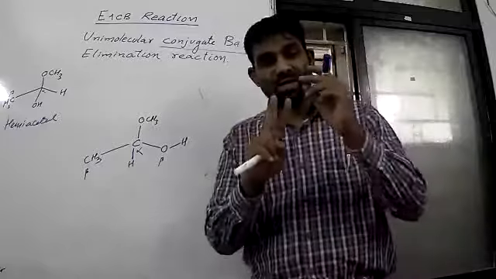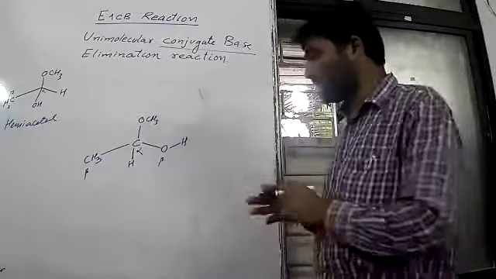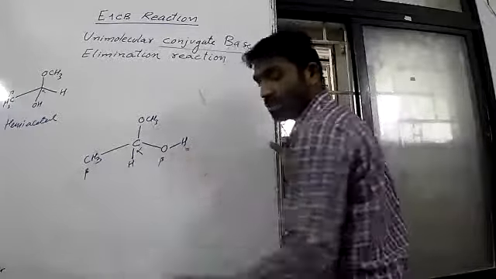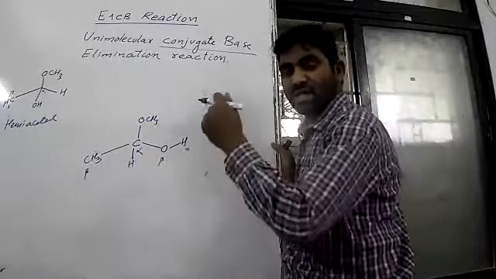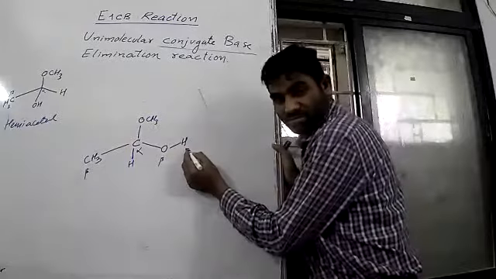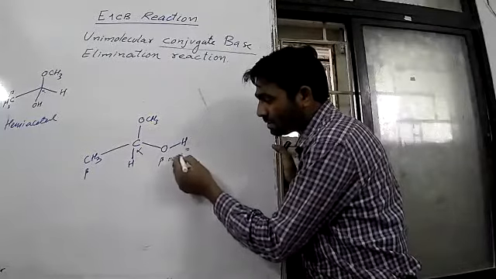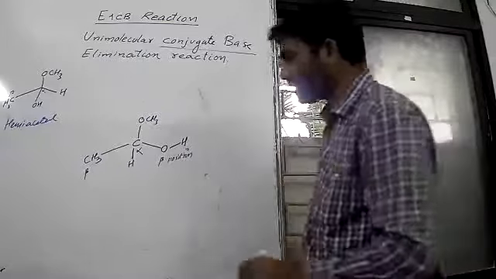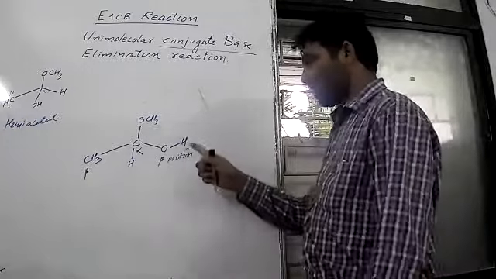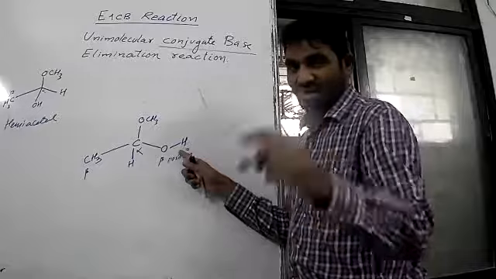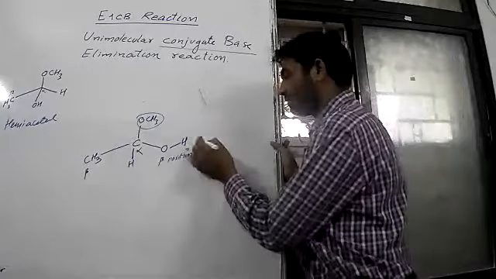So the two conditions are the beta carbon should have a proton, but here there is no beta carbon, but a proton is there. There are three protons, but an easily removable proton. E1cB requires an easily removable proton, and that is this one. Therefore, this position is called the beta position. Automatically, if it is beta, it is alpha. So recall this statement. Beta carbon must contain a proton. Alpha carbon must contain a poor leaving group.